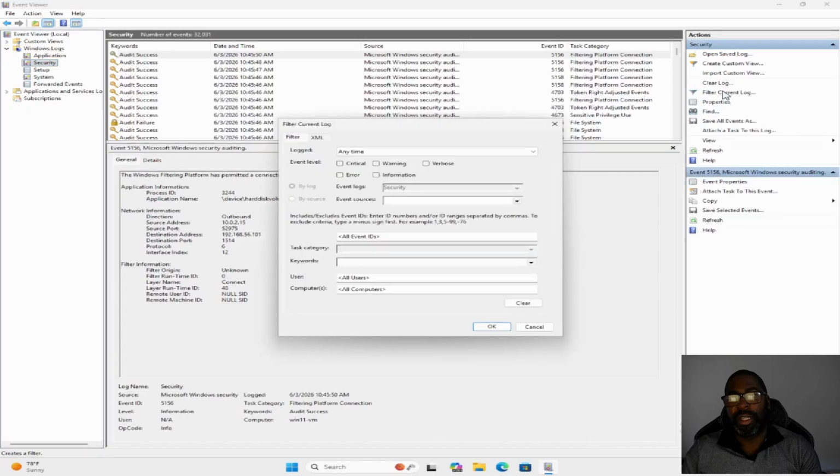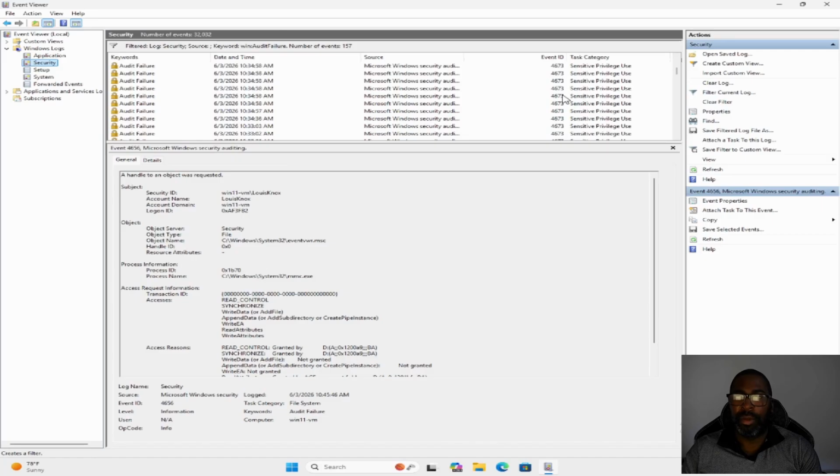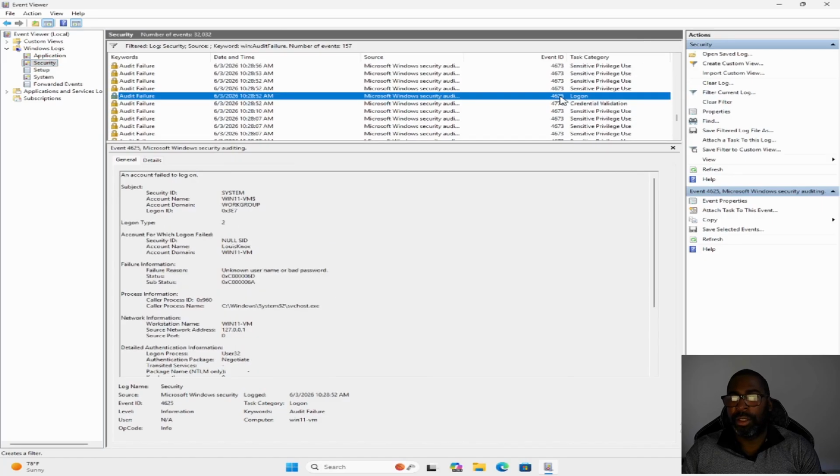Let's start with Event ID 4625. Event ID 4625 represents a failed logon attempt. As we review event details, notice the event ID, timestamp, log source, and account information associated with the failed authentication attempt. From an investigations perspective, these details help analysts determine who attempted access, when it occurred, and whether the activity